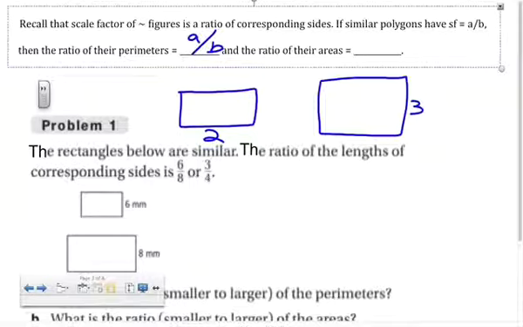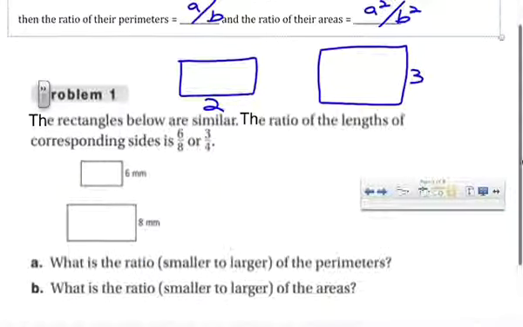Do you think that the ratio of their areas will also be A over B? No. What do you think it will be, sir? Absolutely. So we can use that property to find areas of similar figures, find perimeters of similar figures. Let's start simple, though. In problem 1,